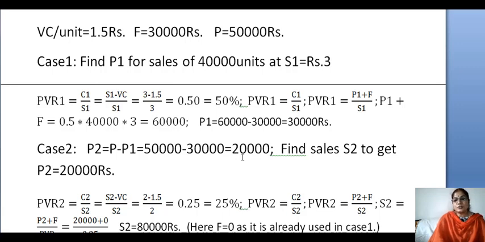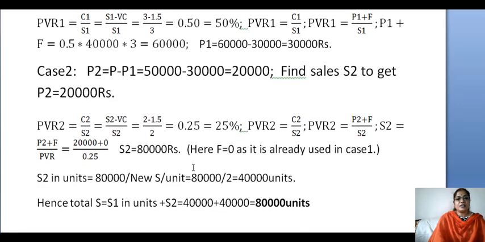What should be the sales to earn 20,000 rupees profit? Everything remains same as this. There is no change at all. But one important thing we have to remember here is, when we use this formula second time, we will be putting F equals 0. Very important. F stands for fixed cost. 0 in the second case. Reason is fixed cost is already used. Duplication of using it is not correct. So only once we are supposed to use it, it is used here. Take fixed cost equals 0.